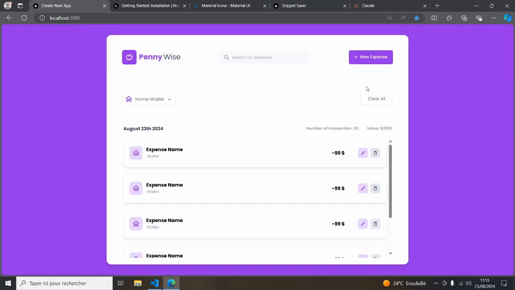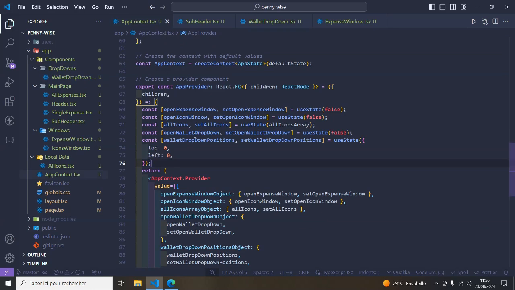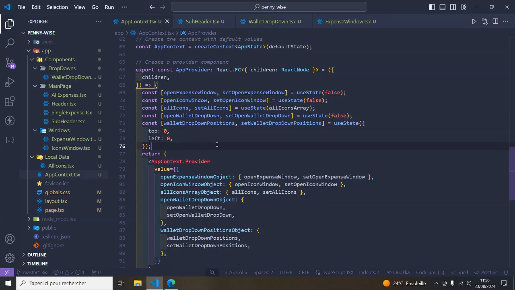So let's go back to the VS Code. I'm going to show you how to create this. The logic that I'm going to show you, or the overall logic that we created, is going to work for any drop-down that you want to create. So once you master this logic, it's going to be very handy for you to create drop-downs for other projects. So let's go to the app context, and here we're creating another variable called wallet dropdown